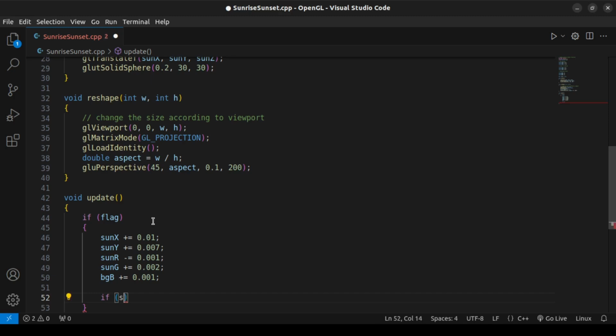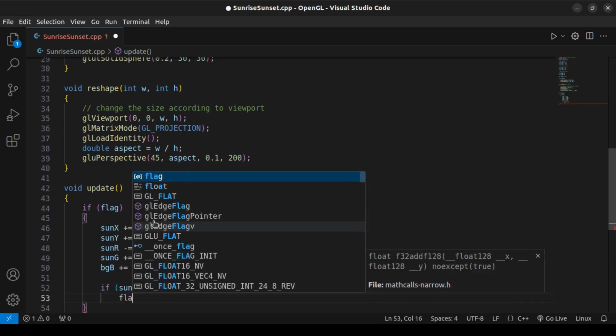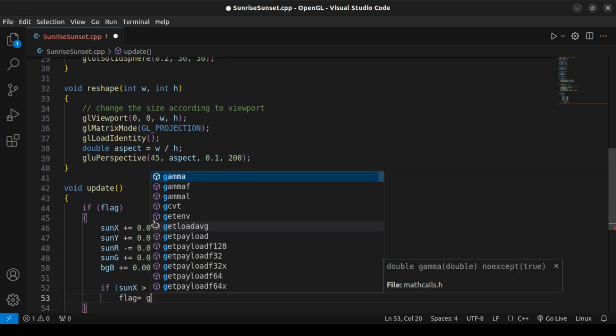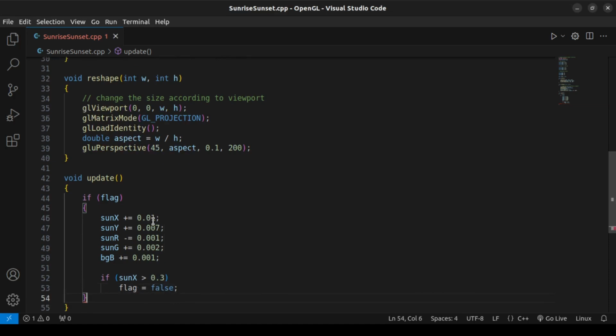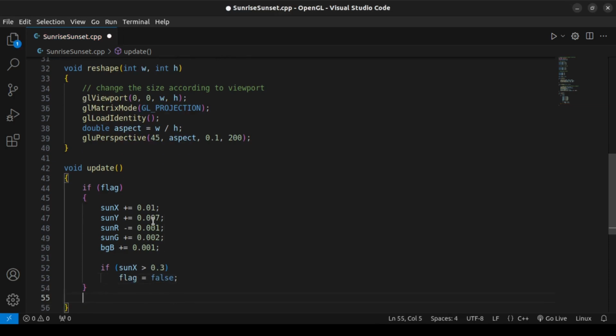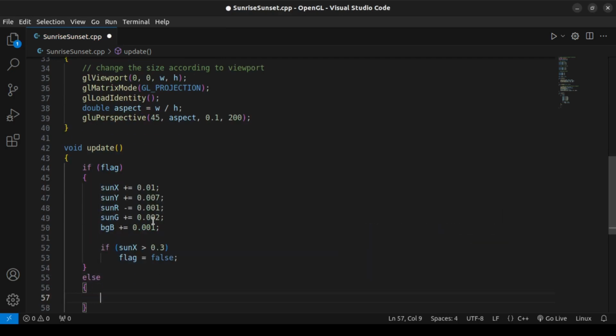तो क्या करना है, if sun x becomes greater than 0.3, so वो screen के एकदम end तक पहुंचने लगता है, तब you make flag as false. तो अभी इससे क्या होगा कि alternate इसमें चला जाएगा, वो else loop में जाएगा. राइट, सो else loop में ये सब है, बस इसका उल्टा है. ओके,